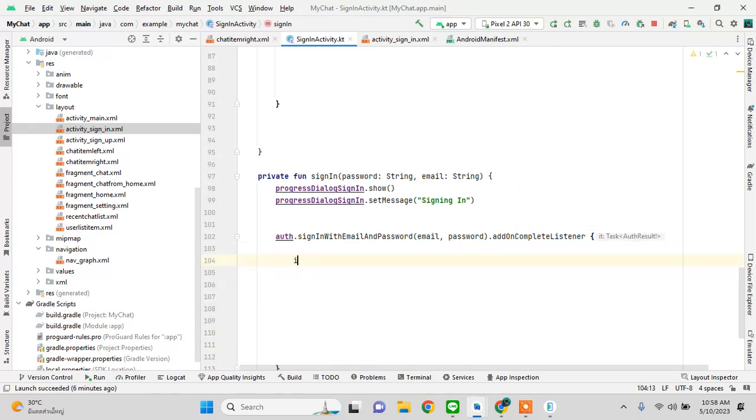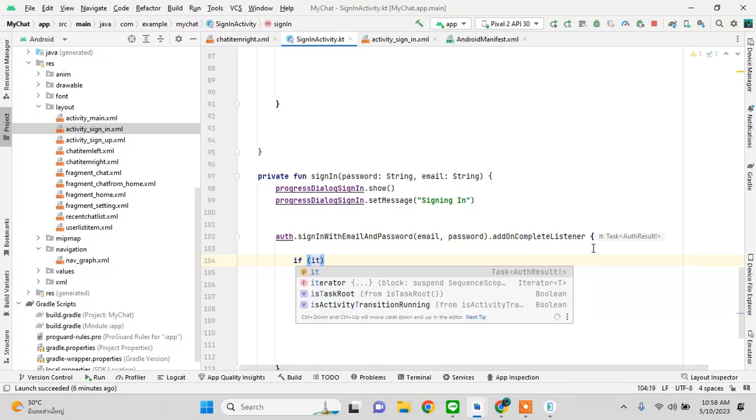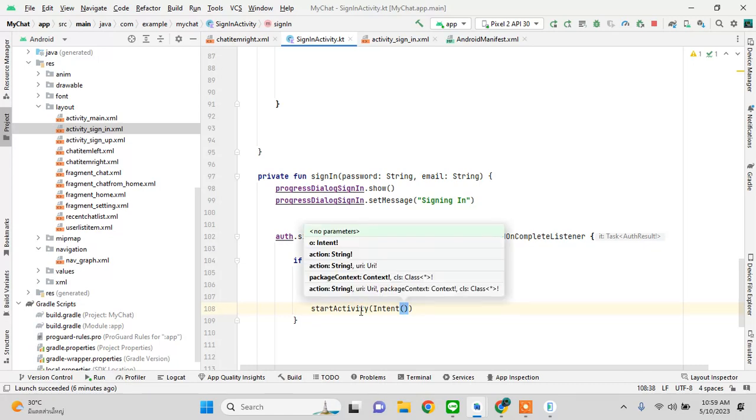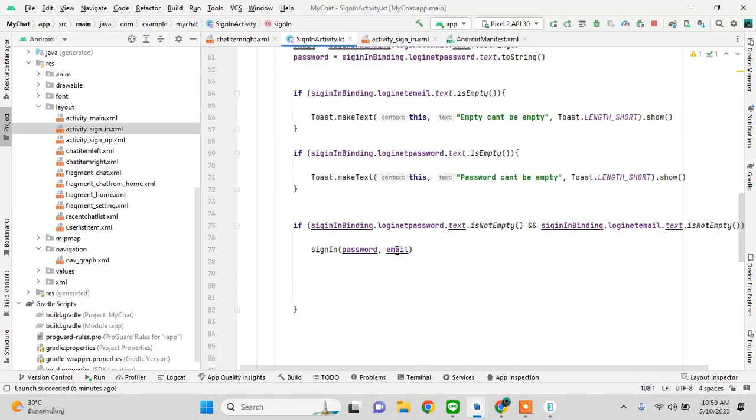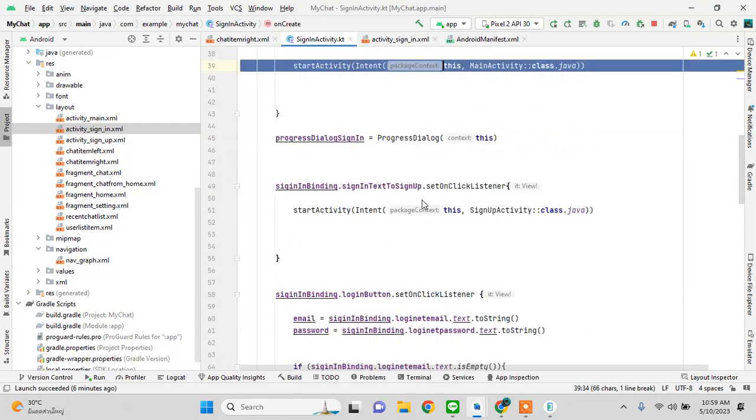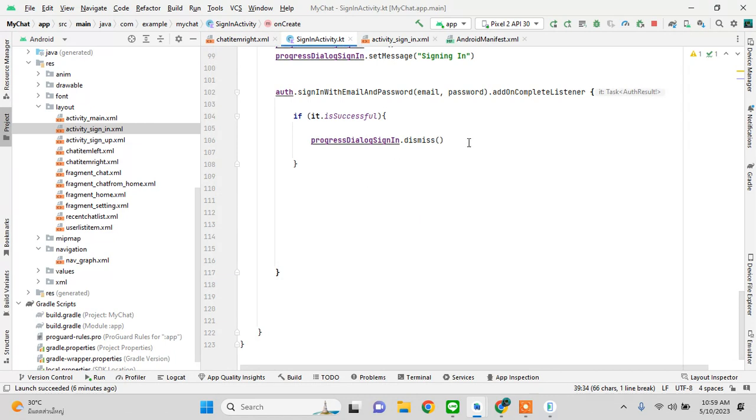Here it's going to be if task, or not task because here is this word it. If it is successful, then what needs to be done is dismiss the progress dialog, dismiss, and start the activity. Which activity? We want the main activity to be started, right? So I'm just going to simply get the code from here. Okay,